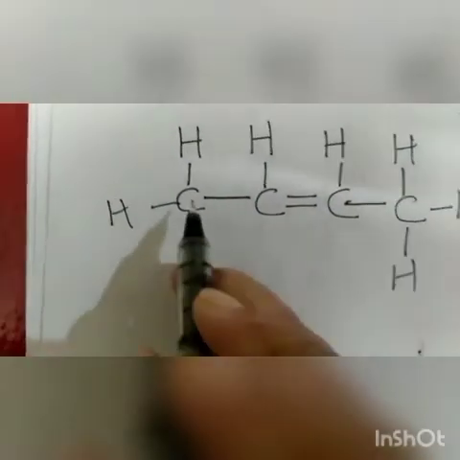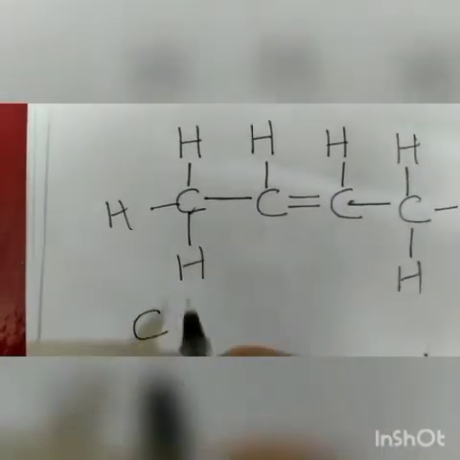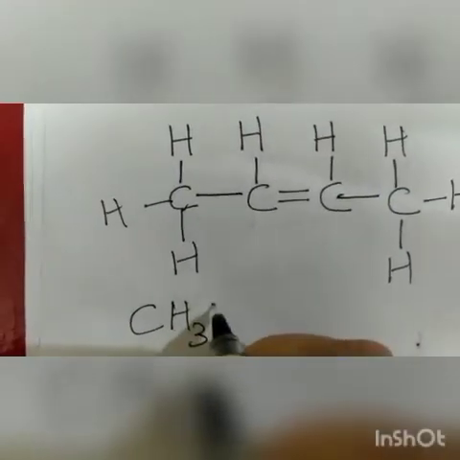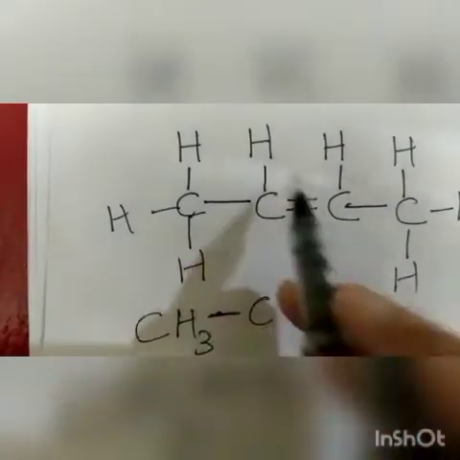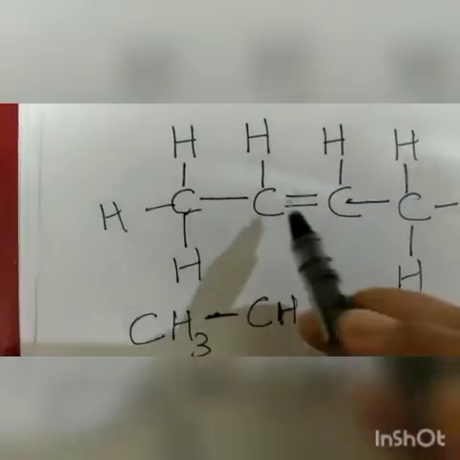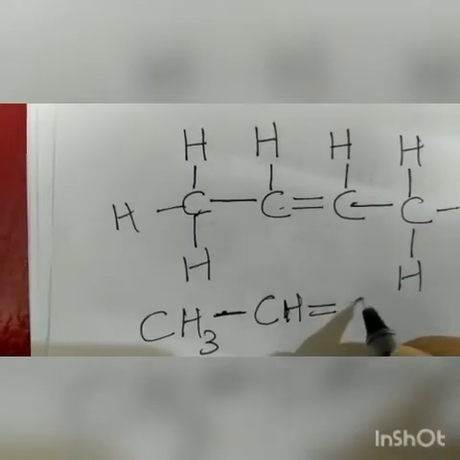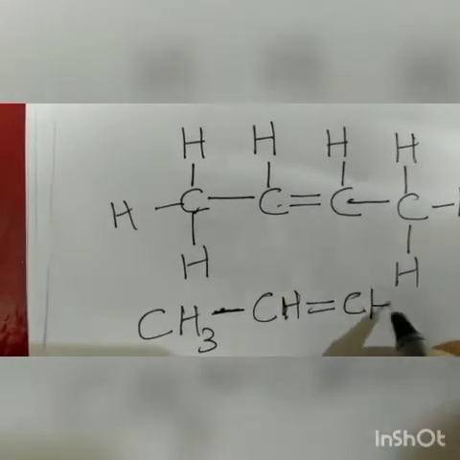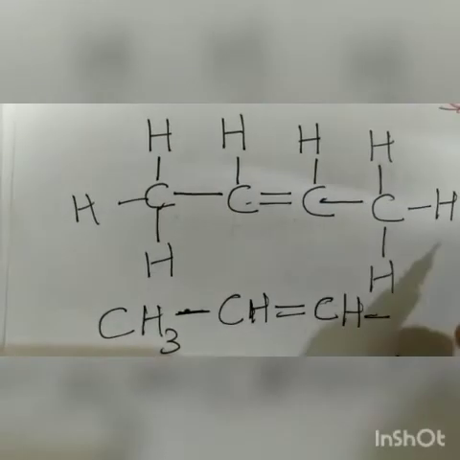Now if you want to write in a shorter form, let us take this carbon atom. How many hydrogen are there? 3. Now this carbon and this carbon are joined by a single bond, so I am drawing one line. Second carbon atom, how many hydrogen are there? 1. Now this and this carbon atom are joined by a double bond. That is why I am drawing a double bond. So this is C, hydrogen 1. And in the last one, it is C, how many hydrogen atoms? 3. Now please remember that here is a double bond. So this carbon and this carbon are joined by a double bond, not this hydrogen and carbon. Understood?